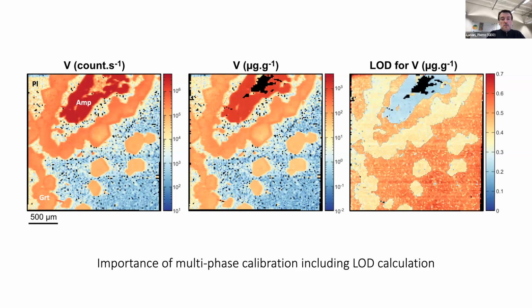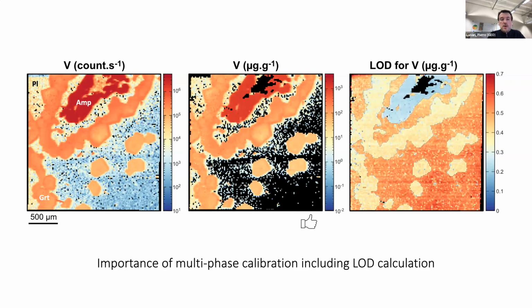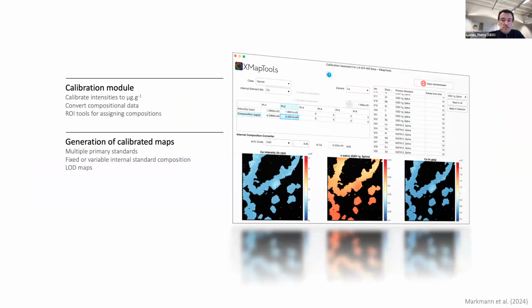But what is key now is if we decide to filter every pixel in the map that is below the limit of detection, we realize that most of the plagioclase pixels are actually below the limit of detection. So it is very important when you use maps not to use those pixels as representing a real measurement of the amount of vanadium in your plagioclase in this case. And this is why it is really important to do the multi-phase calibration and to be able to filter for the limit of detection. This calibration can be done using our calibration module that we're going to show you in a minute,